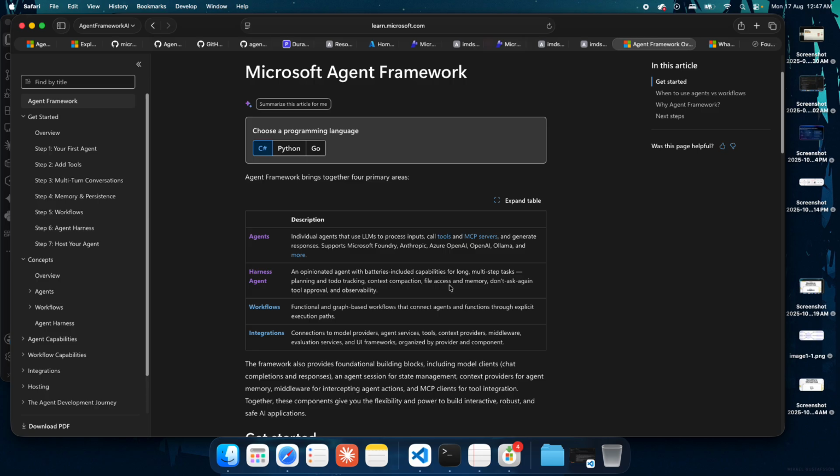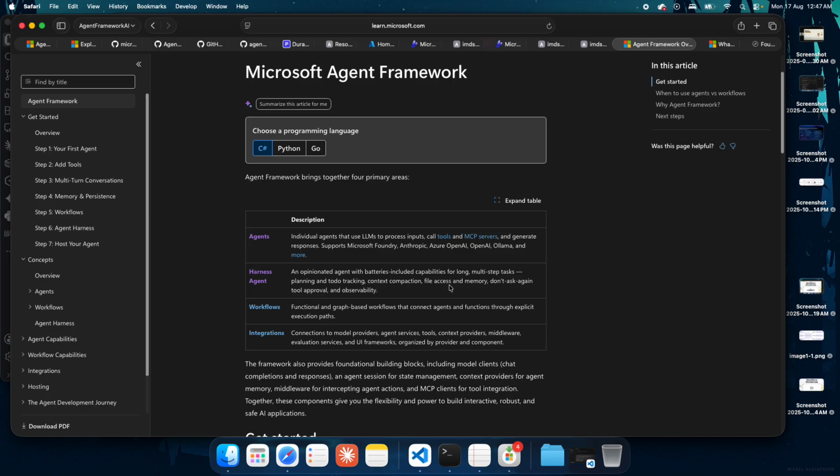As part of this video series, I'll go through this Microsoft Agent Framework and show the samples that are provided in its GitHub repository.